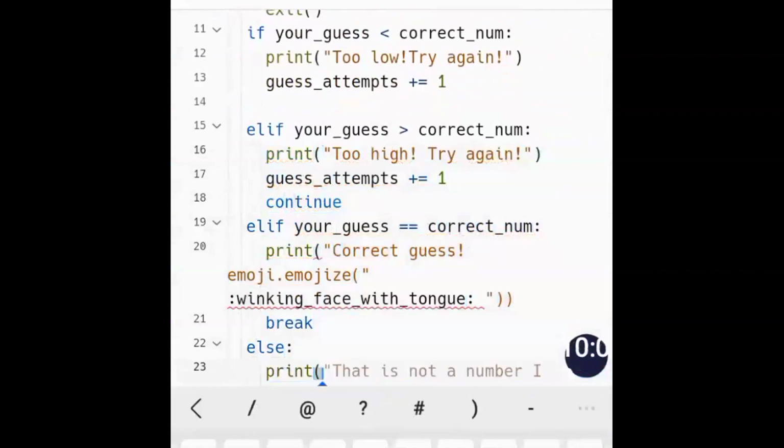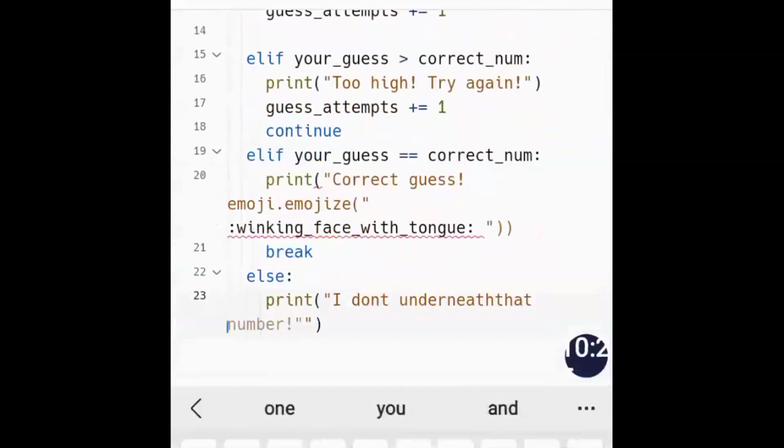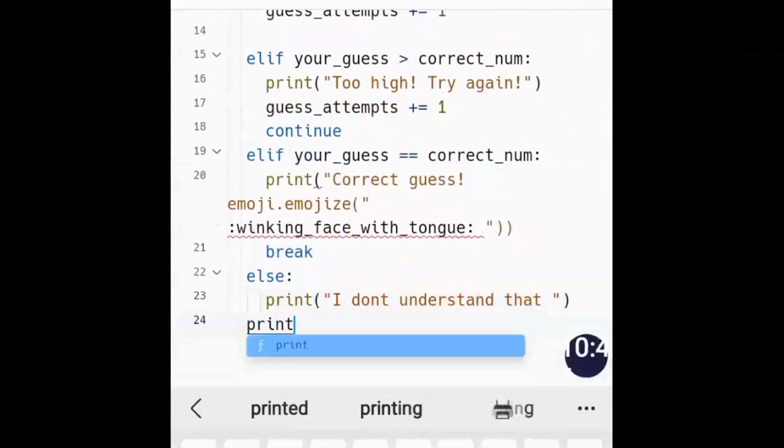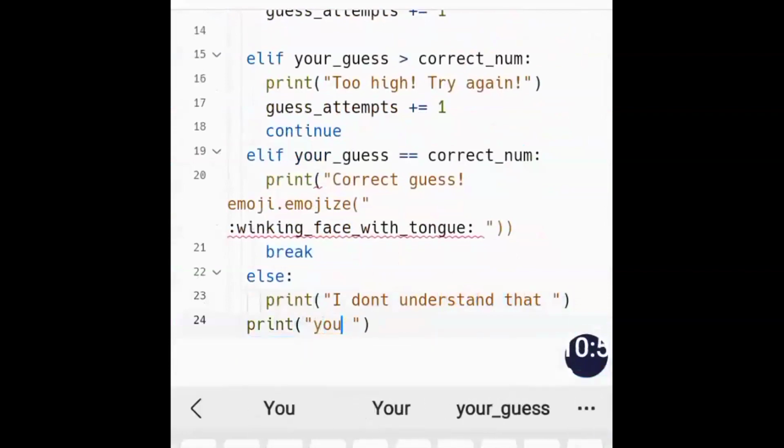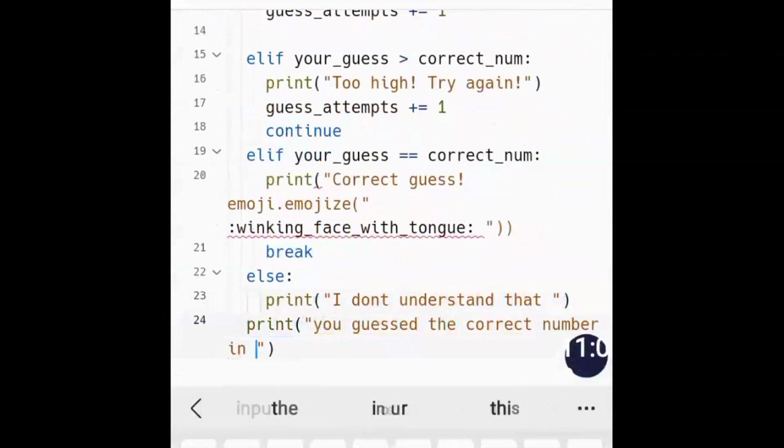Now what other options can there be in case he doesn't win? Else print, I do not understand that. For example, if you typed an exclamation mark, something other than an integer, because you defined it as an integer, right? Then I would print, I do not understand that, because it's not the input that we wanted.